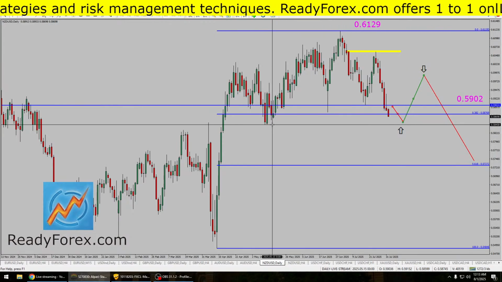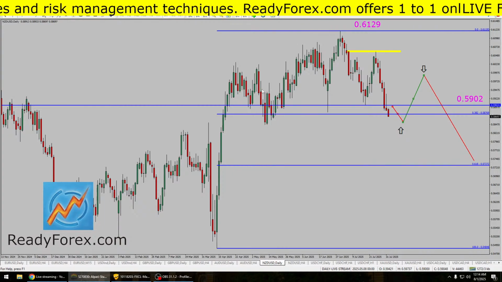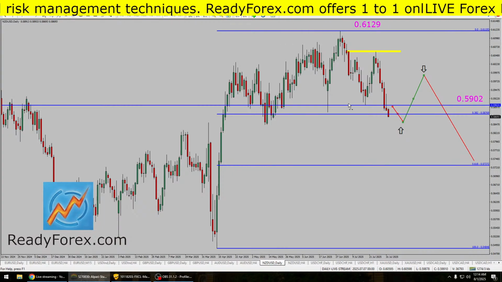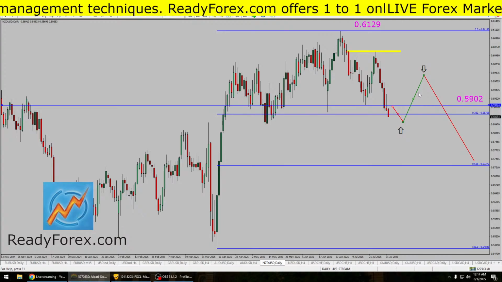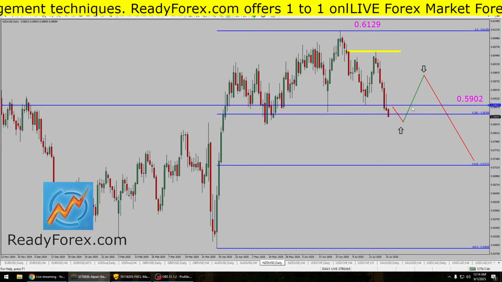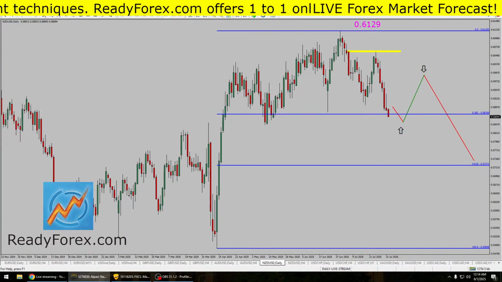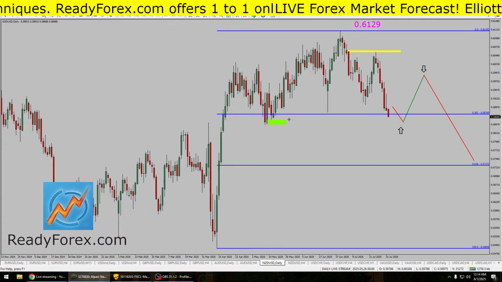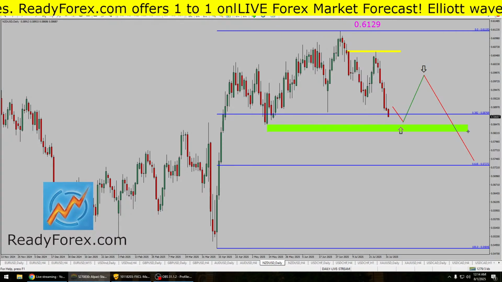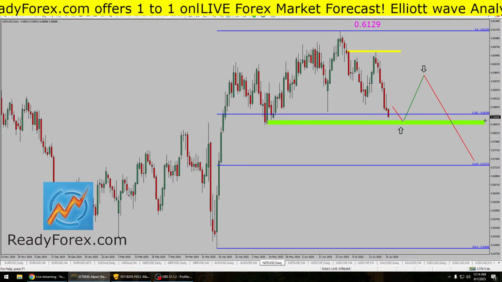We have a support down over here actually. Let me highlight that support. Here it is. This is the support area,